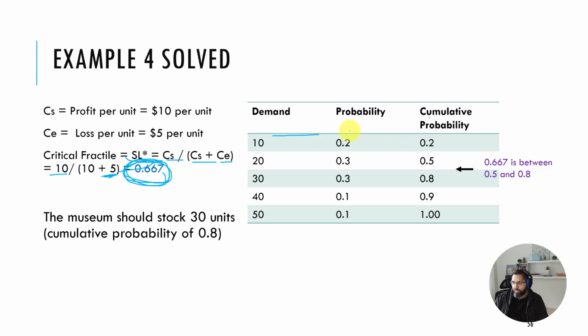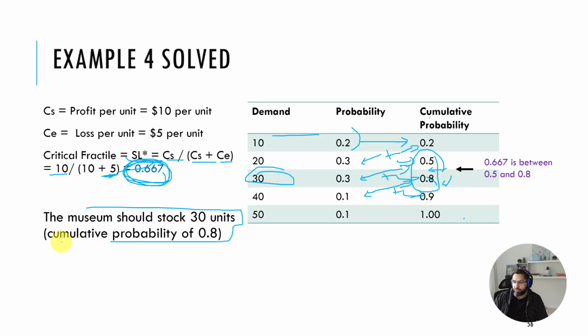Then we find the cumulative probabilities. The first row is just that. The second row is this plus this, which is 0.5. The third row is this plus the 0.5. The next row is 0.1 plus the 0.8, and so on. We find the cumulative probability column. Then we look up 0.667. That is between these two values. So we take the higher value, and the museum should stock 30 units with a cumulative probability of being in stock